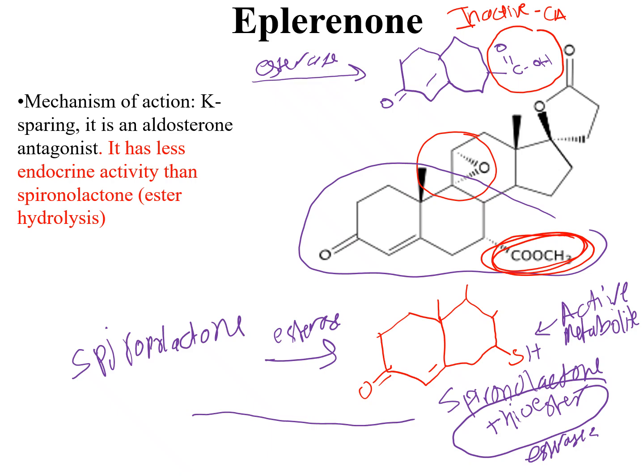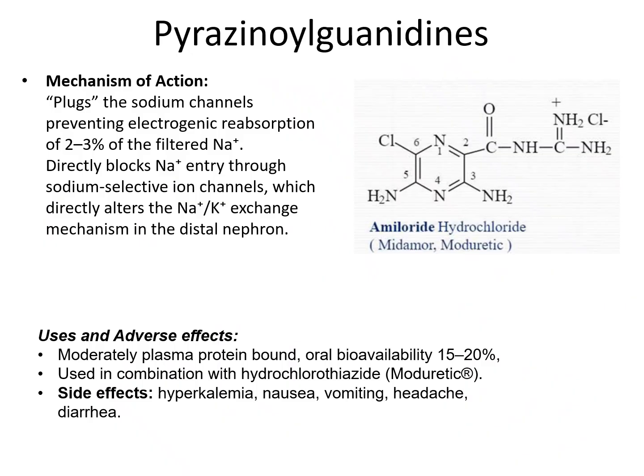And this is the next class of compounds that we'll talk about over here, basically the pyrazinoyl guanidines. And these are structures of compounds that are used to block the epithelial sodium channel. وبالتالي بيمنعوا reabsorption of sodium in general, and they spare the potassium in a similar way to potassium sparing diuretics. They are not very commonly used, but amiloride, you still use them and you see their uses.